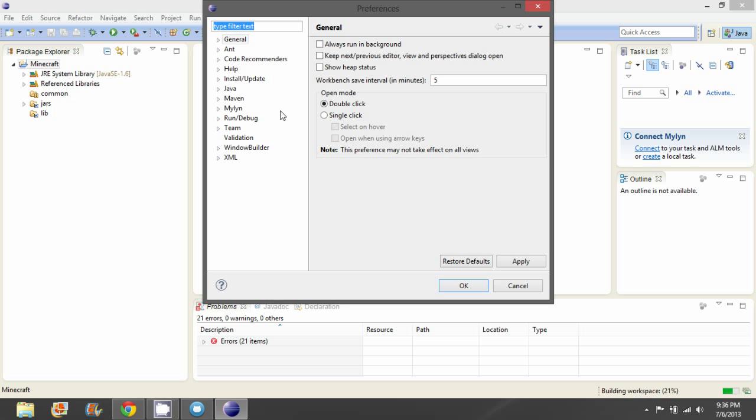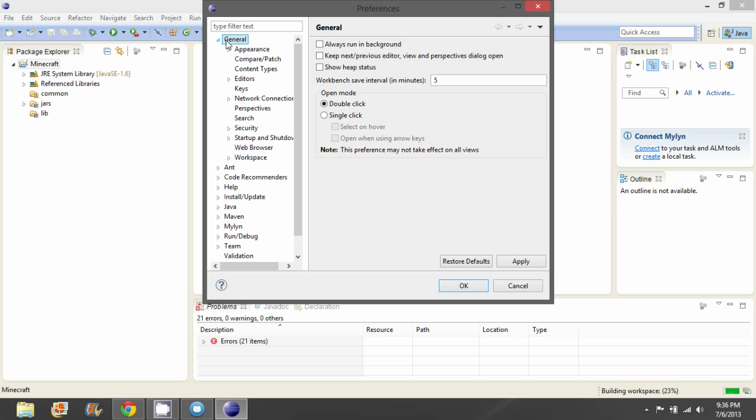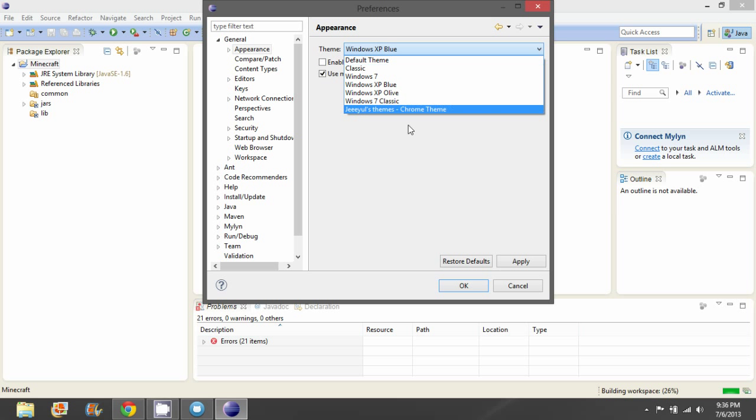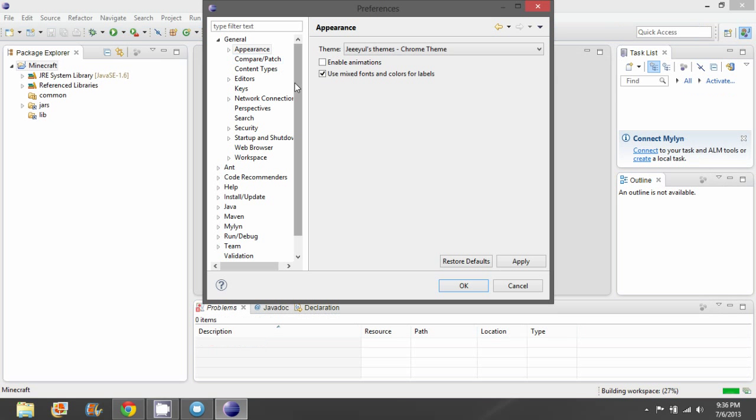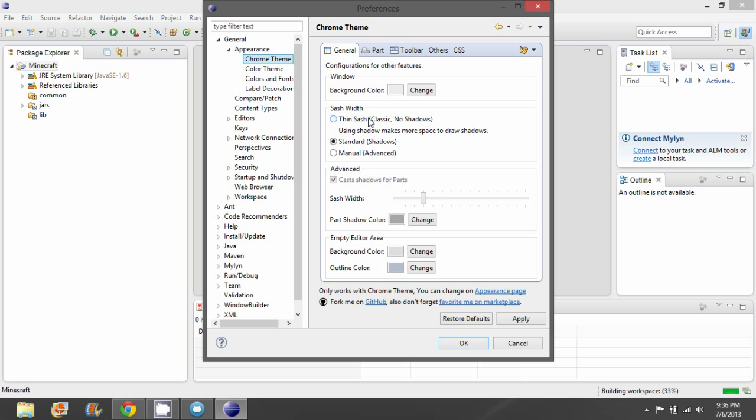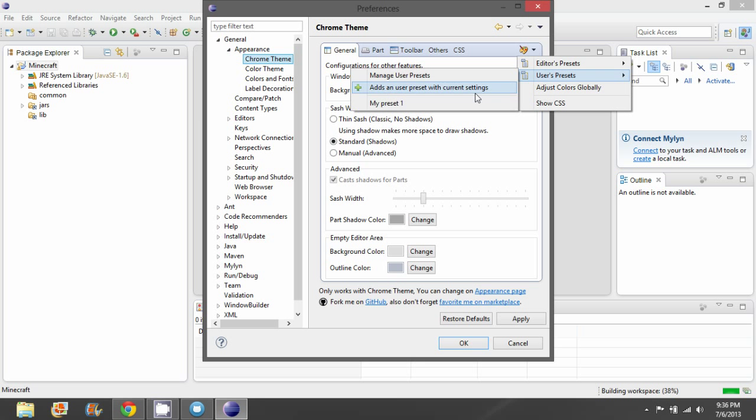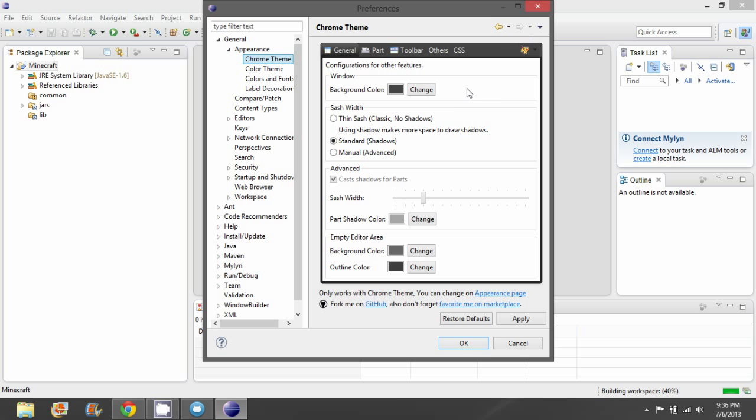Now, I'm going to change the appearance to the Chrome theme, which you can download through the Eclipse Marketplace. I have a specific preset I like, so that's what I'll be using.